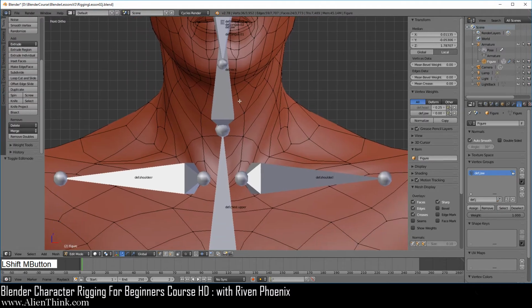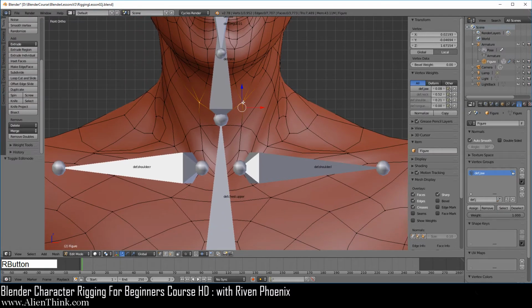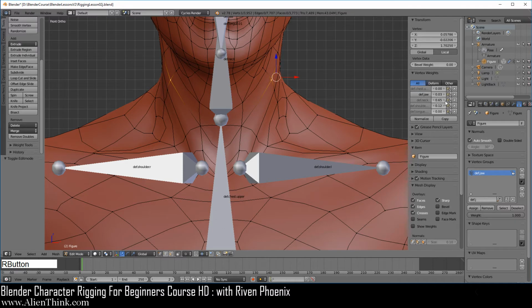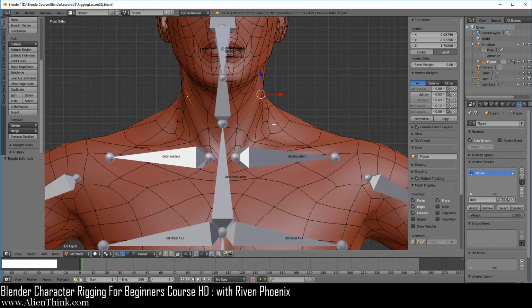And here we're just going to click on a few vertices over here. So here you'll notice that I have 1, 2, 3, 4, 5. Okay, so this tells me that some of these vertices in these crowded spaces are going to have basically more than 4 vertex groups. So as I've said, when it comes to gaming engines, the max you can have is